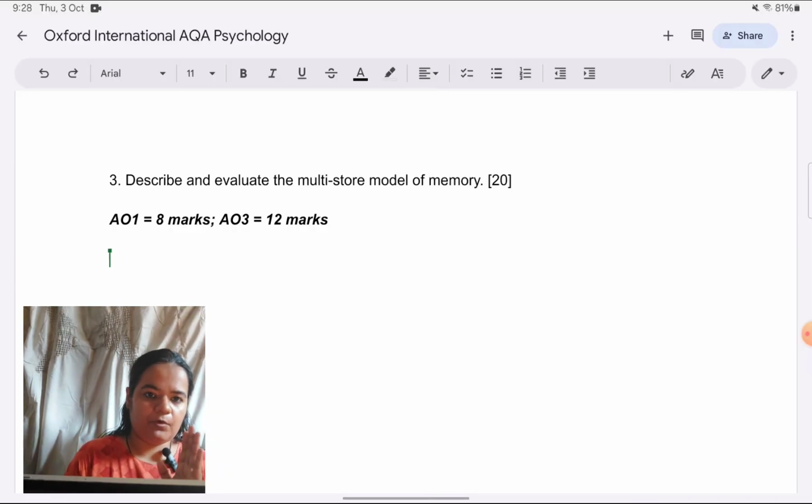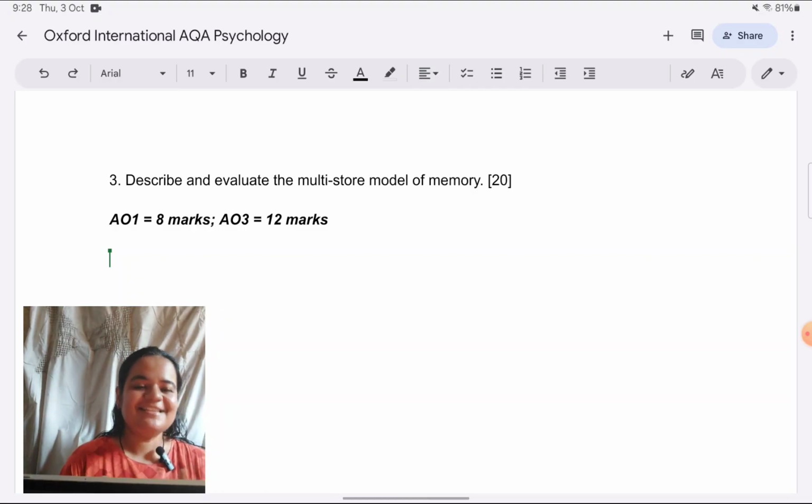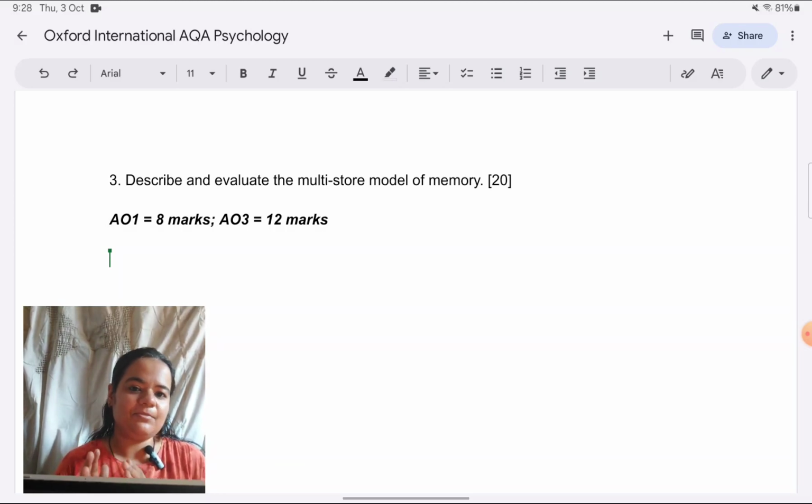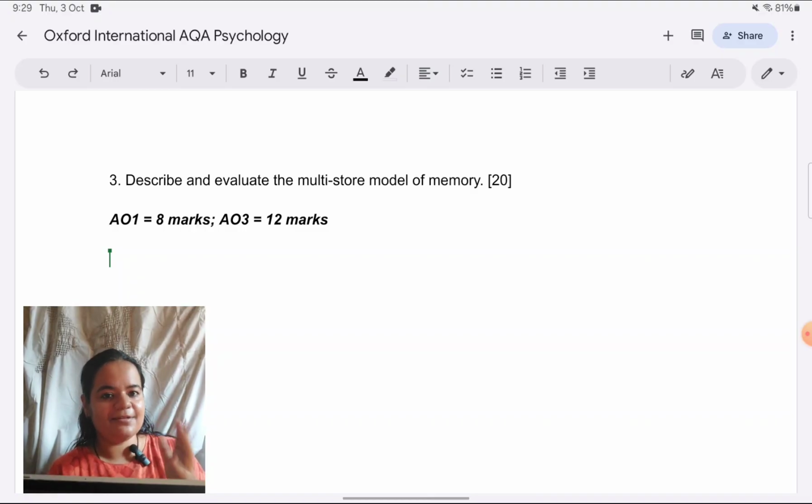This is a very straightforward question, I would say. And I'm sure all the students must have really liked this question when it came in the paper. My students did. I'm sure the other ones also liked it because multi-store model is everyone's favorite. It's so easy to understand and you're always so prepared with it because it's the first one which comes. So you've learned it very thoroughly. This is the type of question which you should really try to score your best. This is where you can score your best, because sometimes when they give a scenario, students get confused. So here they've not even asked you for anything related to AO2. So this is where you can really score.